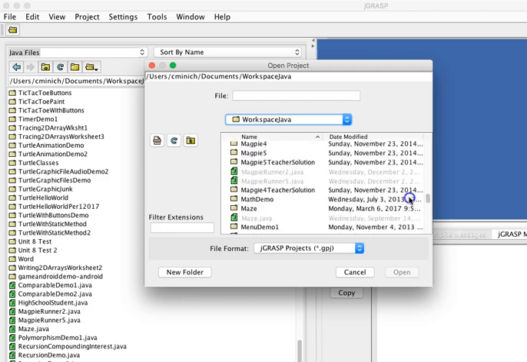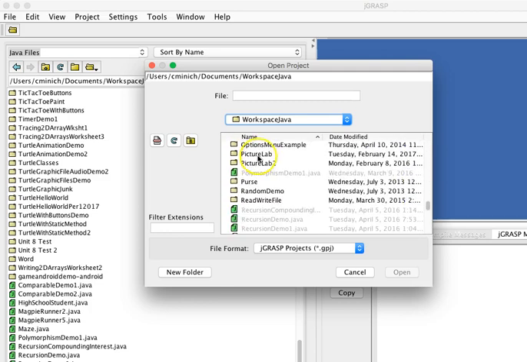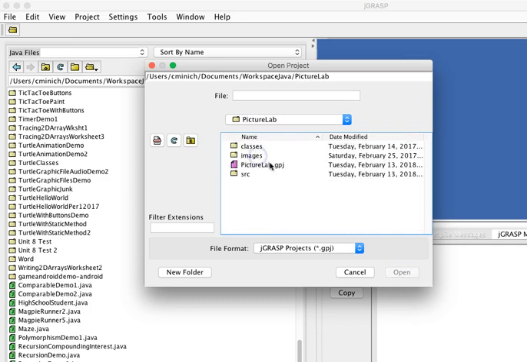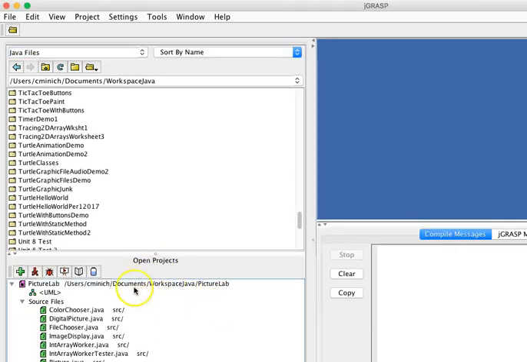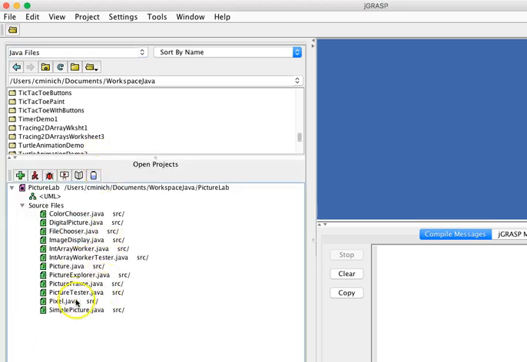PixLab is in here somewhere. There it is. I'm going to double click it. And this is the file that I would double click or open that is unique to JGrasp. A .gpj file, and when I open that, I now have an open project down here in the lower left window of JGrasp. And I can now examine the files there and even double click individual source files such as